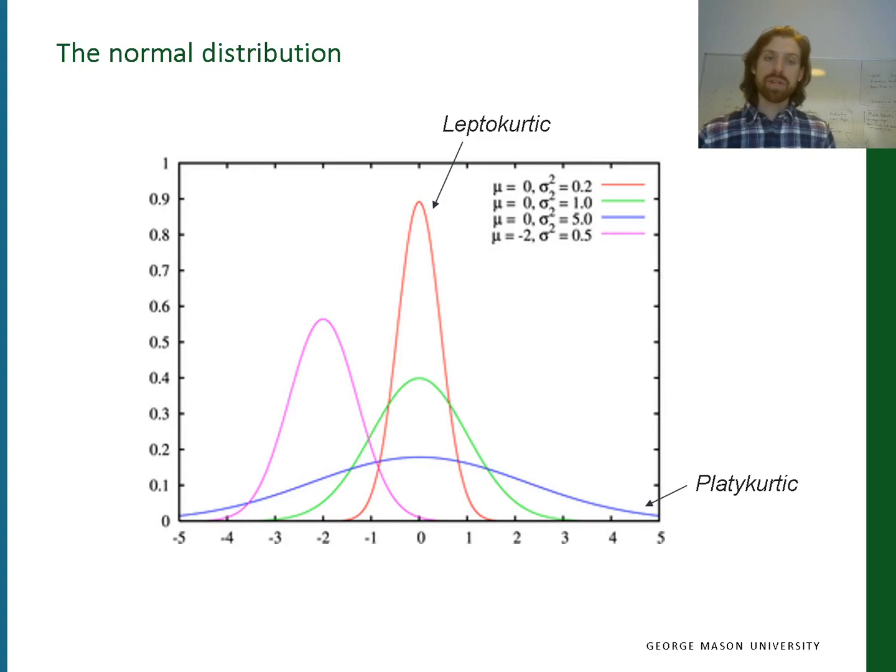So we could look at different distribution types. So for example, here we have different mean values, 0, 0, 0, minus 2 for this particular pink one here, and then the rest are all centered around the 0 mark. And then for the variance level, the sigma squared value, we have different values here from 0.2, 1, 5, 0.5, depending on the actual shape of the distribution. So here we have one that's quite leptokurtic, here we have one that's quite platykurtic,